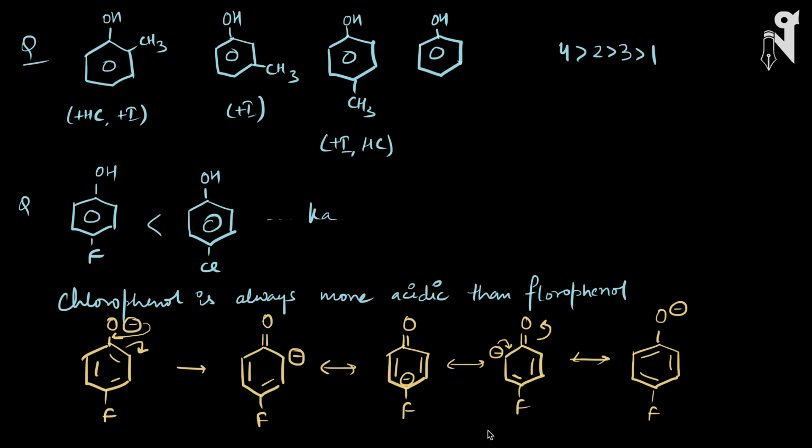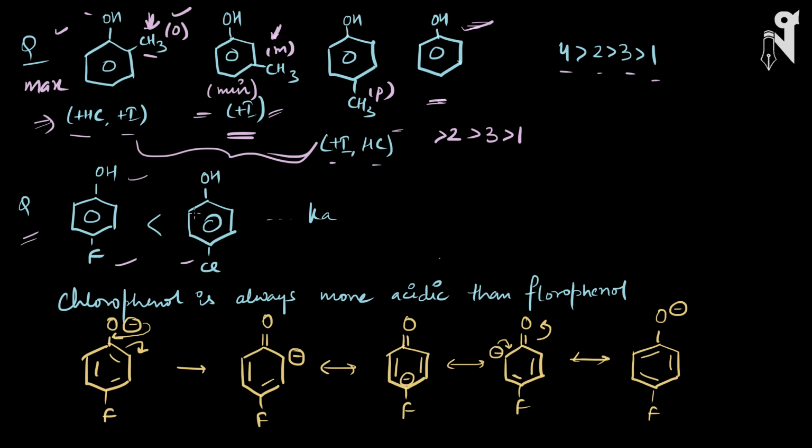We have to see which one is the better acid, and in that case, we will be checking the conjugate base stability over here. When we say conjugate base stability, what do I mean? We will release the H plus ion. We will see how O minus will be stable.